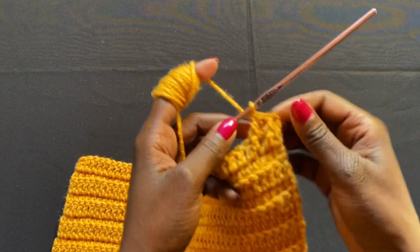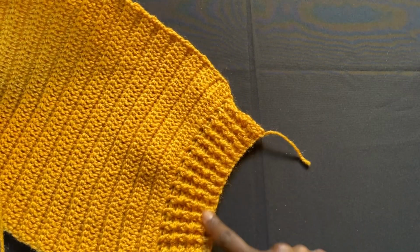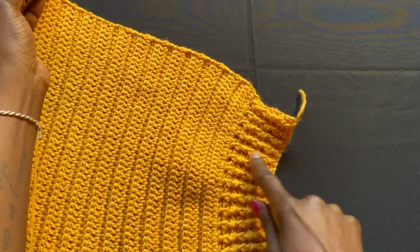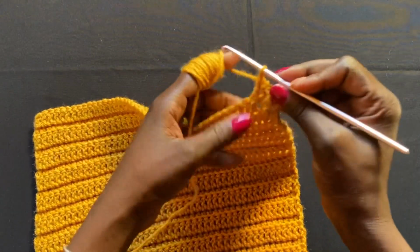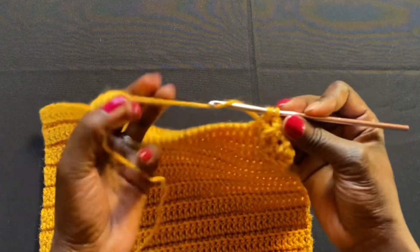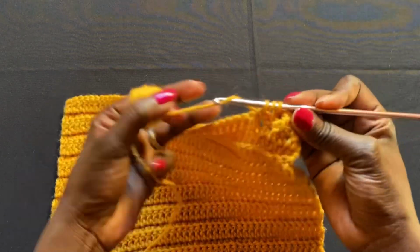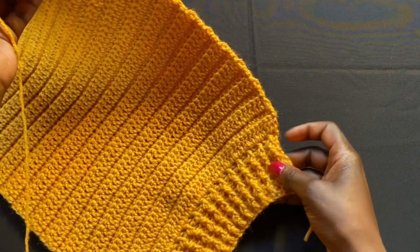So at this moment here, there's nothing different from what we did here. So we started this row by doing the first row, which was the double crochet row, which is what we have here. And then the next 5 rows are of the back post, front post alternation. So this is going to be my second row that I'm doing here, because this double crochet row is my first row. So you're gonna do this pretty much just like we did this section here,